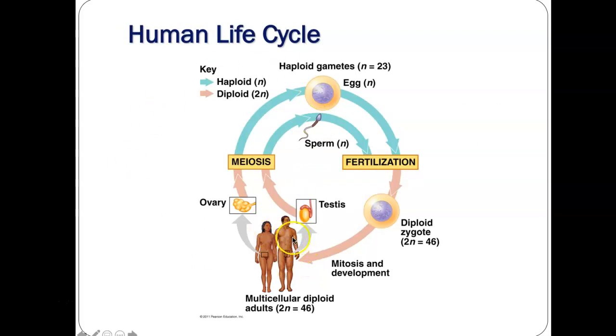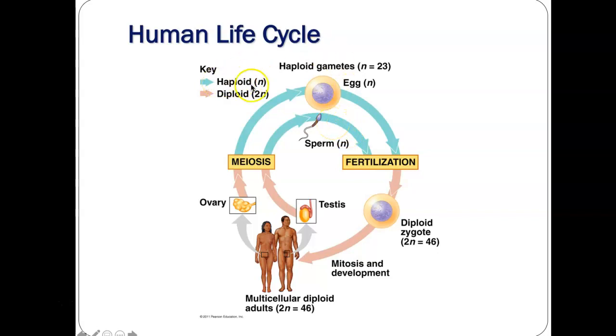So you have a man and a woman. Inside his testes, meiosis is about to happen. Inside her ovaries, meiosis has actually already happened before she was ever born. Meiosis occurs when a 46 chromosome germ cell divides twice to make an egg. In the testes, it's a 46 chromosome germ cell that divides twice to make a sperm. So the egg has 23 chromosomes. The sperm has 23 chromosomes.